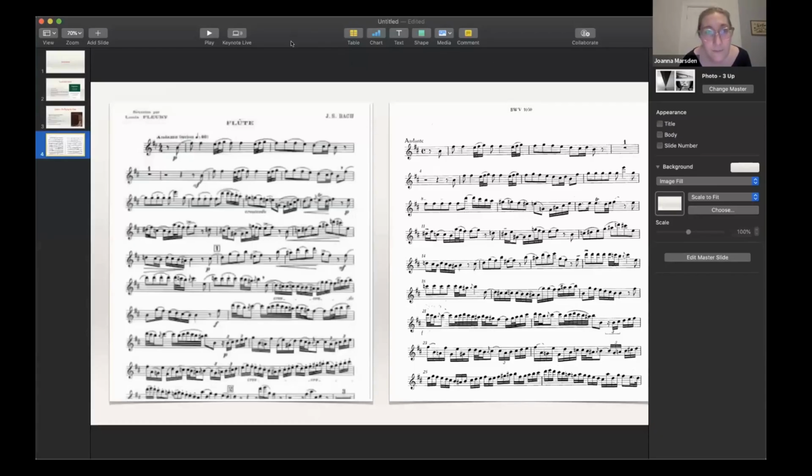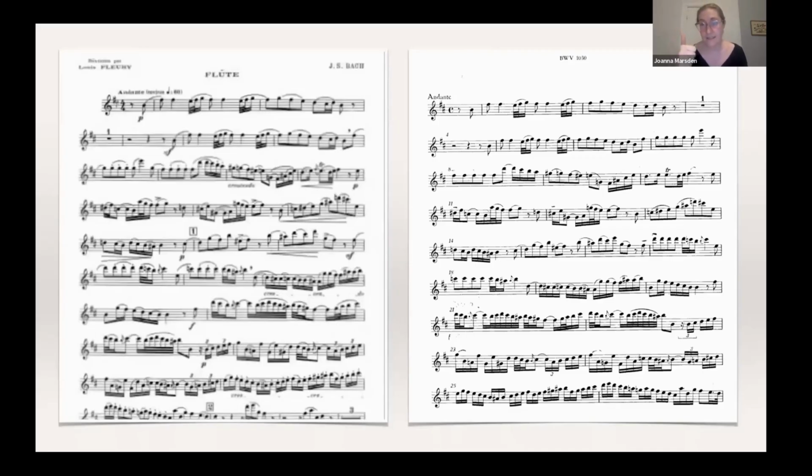So I'd like to bring us back to the idea that I introduced about these editions. I will share my screen now and show you this Bach sonatas example. There we go. We're going to look at this. Do you see my screen well? Great. So here we have two very different editions of